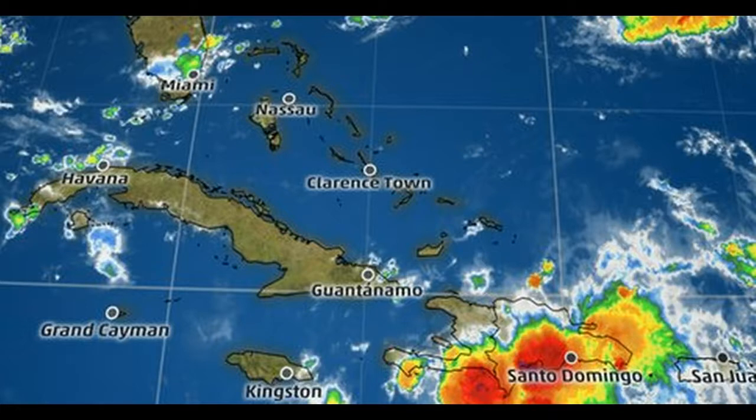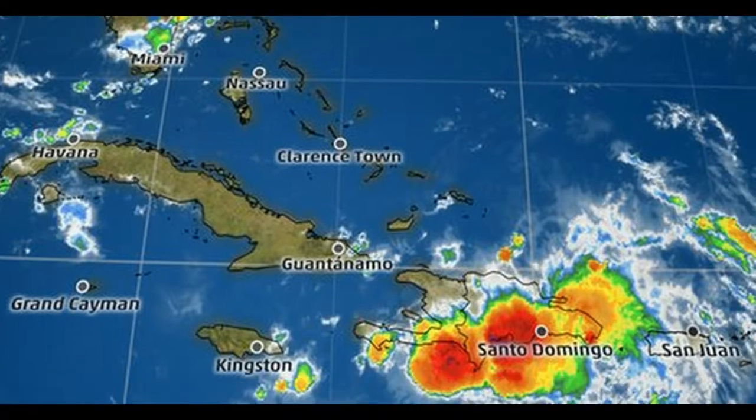Like I said, there was a lot of hype put behind this most recent system that came through that really had no track at any point showing that it was going to hit the United States. For some reason, you were looking at the latest infrared images here of Invest 99L. Now, this storm system is very close to being labeled a tropical depression. They're saying that it should do so by Friday into Saturday as it gets right up into this area,